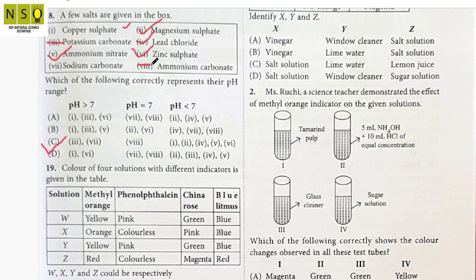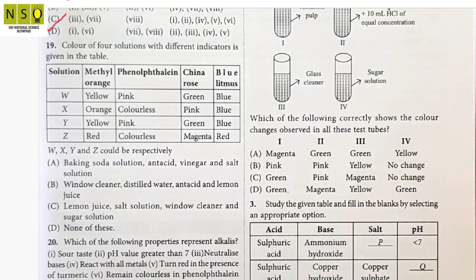And the ones which are equal, that is, neutral in nature, that will be the ammonium carbonate, and this was the sodium carbonate. So the option C is the correct answer. Now